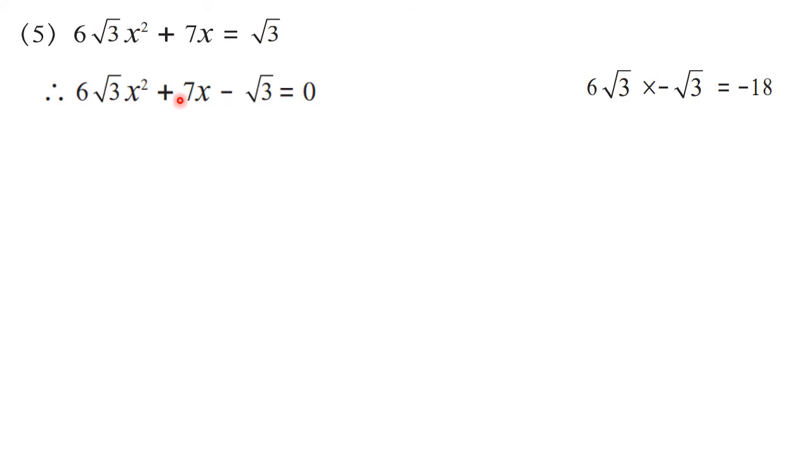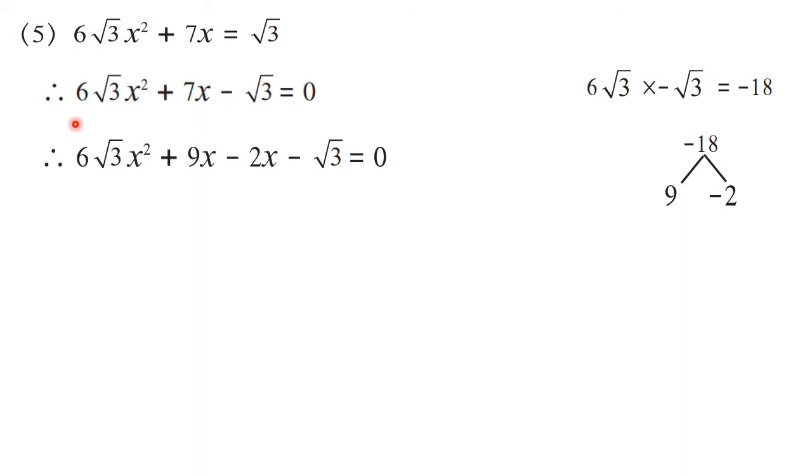Then I told you that for the sign of bigger number, you have to see the sign of middle term. Here middle term is positive. That means the bigger number is positive. So here the numbers are plus 9 and minus 2. Okay, we can split minus 18 as plus 9 and minus 2. So this middle term plus 7x we can write as plus 9x minus 2x. So let us split the middle term.